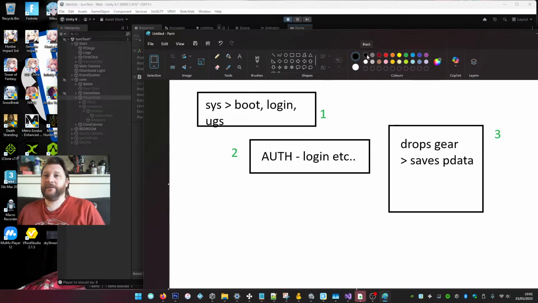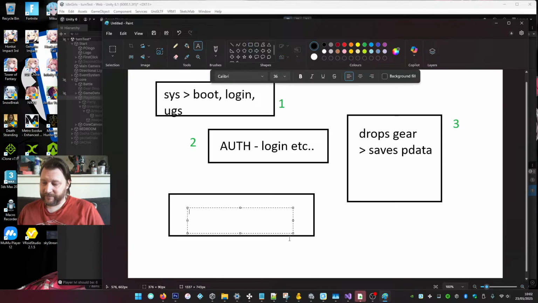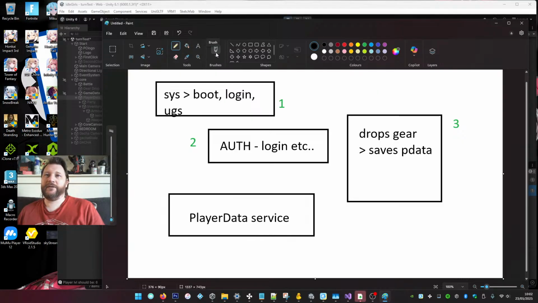We've got another one in here actually. The other one is player data, because that's my save system. So there's a player data service. So the actual way it needs to work is